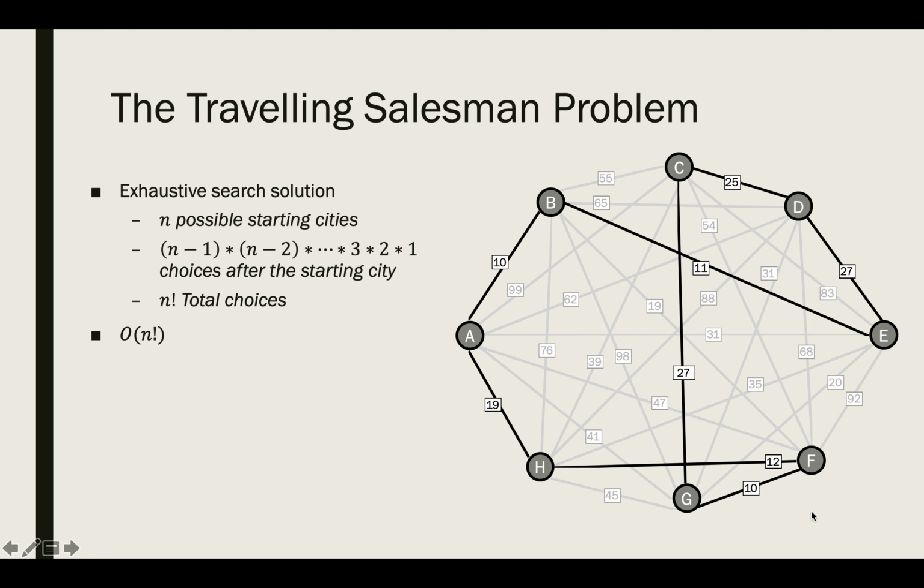It turns out to actually generate a solution here using that exhaustive approach, or even to look through all those choices, well, you start off with n, and then you have n minus 1 and then n minus 2 all the way down to one choice. That last choice would be just moving back to the starting city. And this represents a factorial number